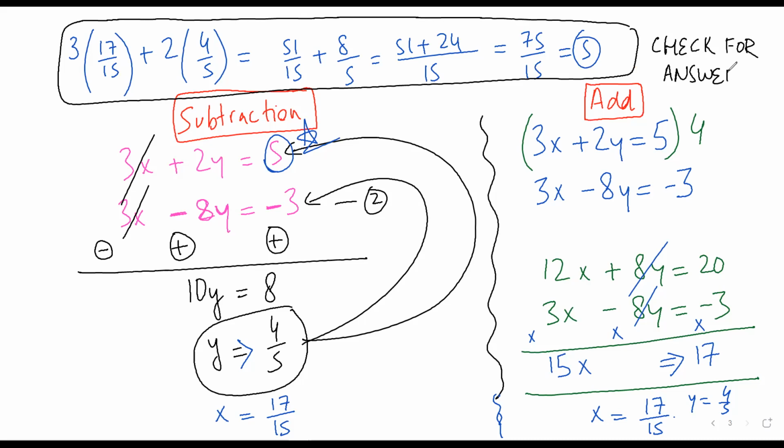Check for answer. So Ariman, what I'm trying to tell you is that given a pair of equations or simultaneous equations, you have at your disposal 4 decisions. One decision is you can either choose addition or you can choose subtraction. You can choose to eliminate x. Here we have eliminated x. Or you can choose to eliminate y. Mr. Ariman, have you understood?